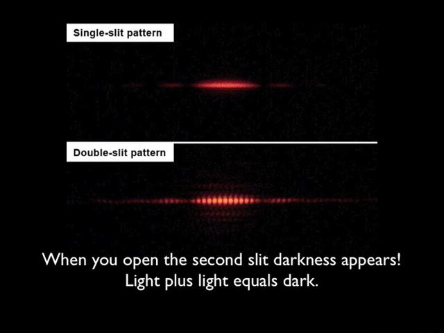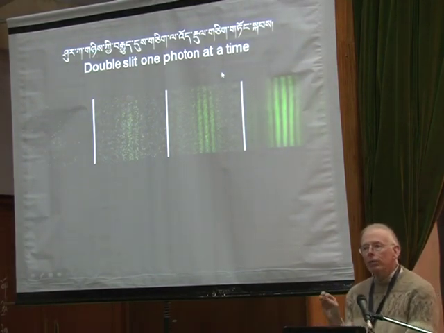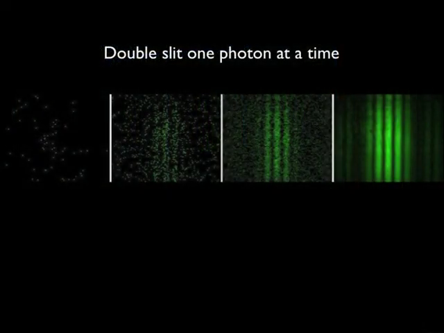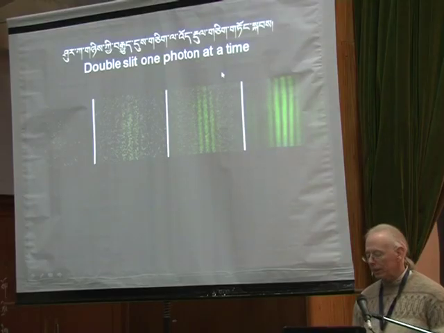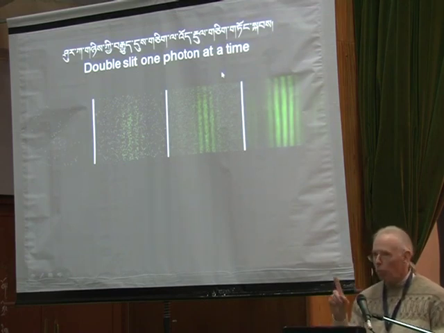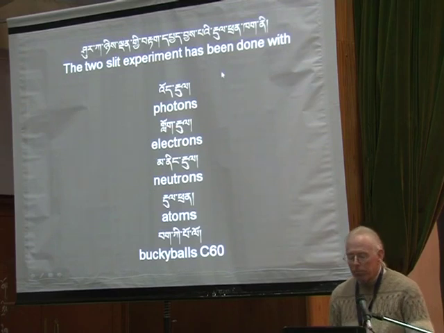It's an amazing idea. But beyond that, in the modern world, even if you shoot 1 particle of light, light is a particle and a wave, if you shoot 1 particle of light at a time through the 2 slits, it passes through both slits in some ways and makes the pattern by itself. You only need 1 particle at a time to do this. And this picture shows you a photograph of the 2 slits with light going through it, 1 particle at a time. We've done the 2-slit experiment with light, photons, with electrons, with neutrons, with atoms, and with buckyballs, which are